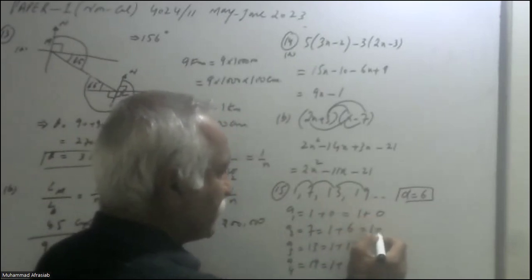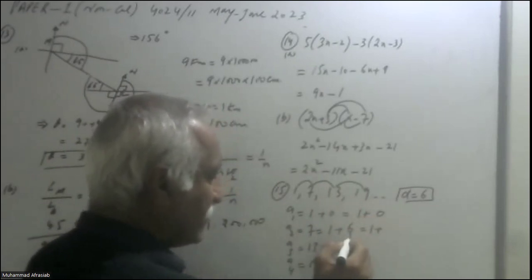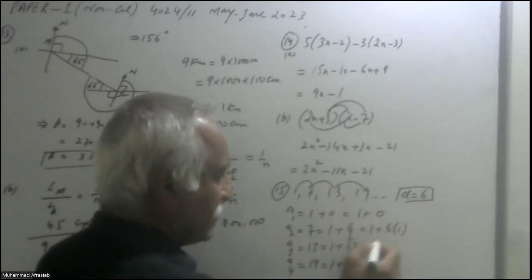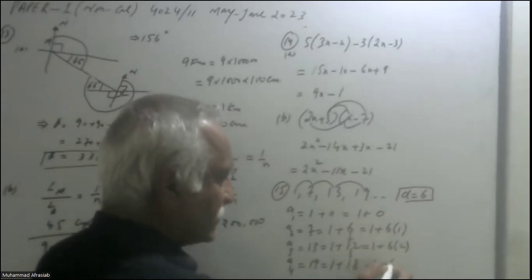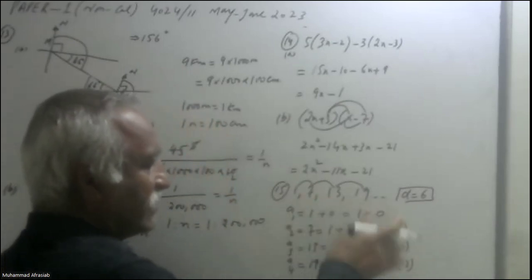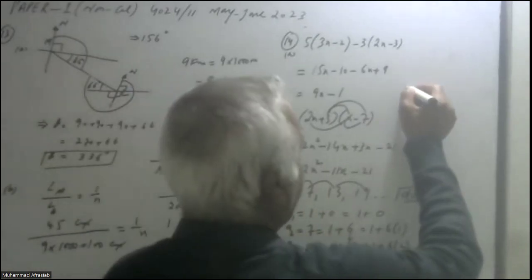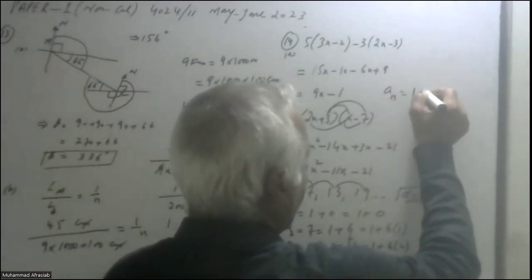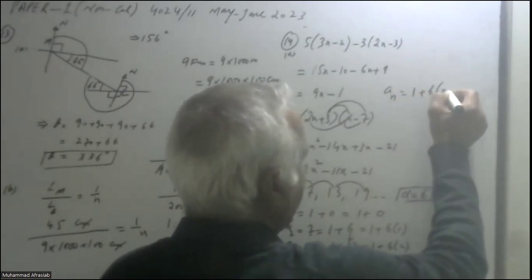This will be written as 1 plus, they are the multiple of 6. So it can be 6 into 1. This can be 1 plus 6 into 2. This can be 1 plus 6 into 3. So if we keep on this pattern, then our nth term will be equal to 1 plus 6 times n